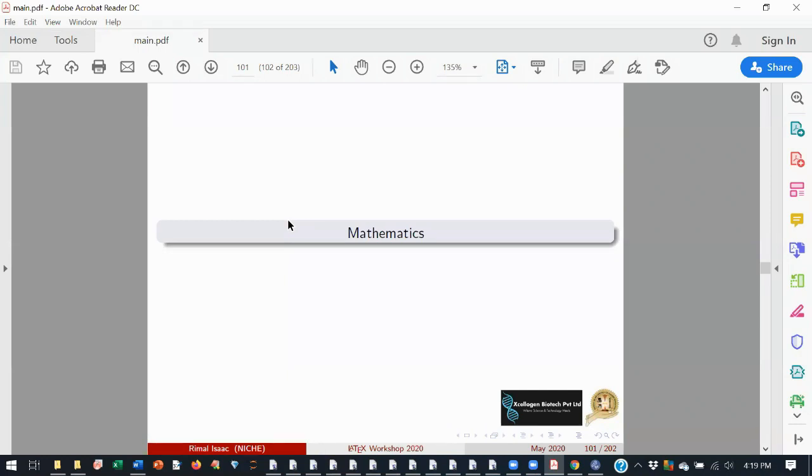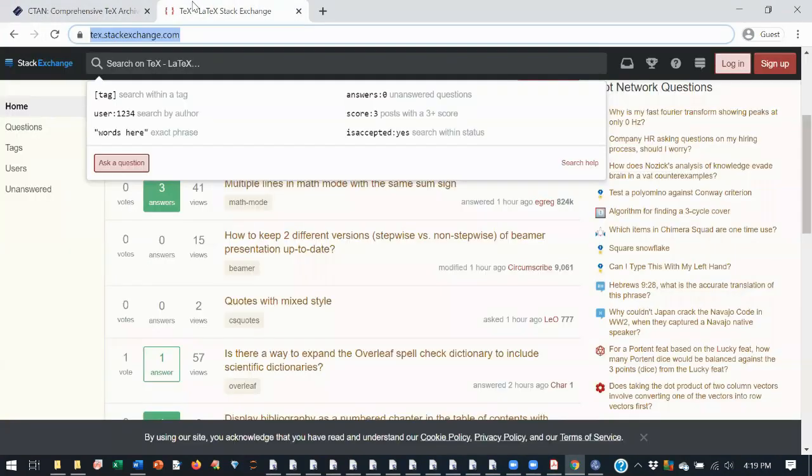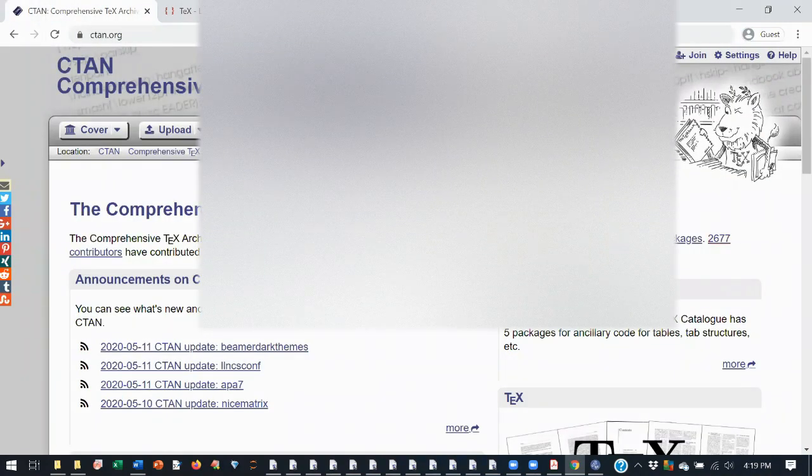I cannot explain each and every package in this workshop. That is why I showed you that there are so many packages and where to find a solution. If you have any problems, you can search the internet and find the solution. Each package comes with a manual of 20-25 pages. Our session is like 5 days, but we are handling it for just 1.5 hours. I will not be able to handle all these packages. I can show you what to do, and the rest you have to try and find a solution.